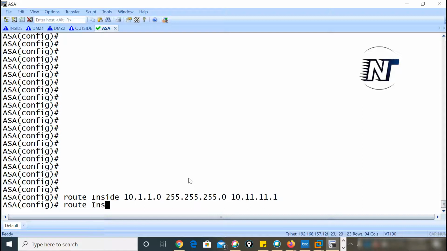Route inside 10.2.2.0 255.255.255.0 10.11.11.1. Route DMZ1 10.5.5.0 255.255.255.0,